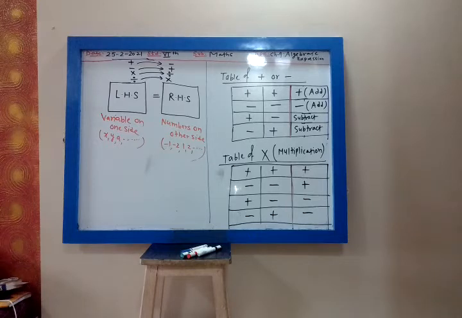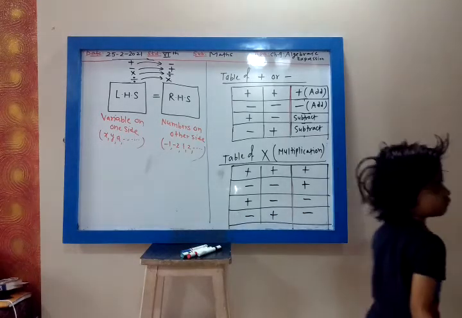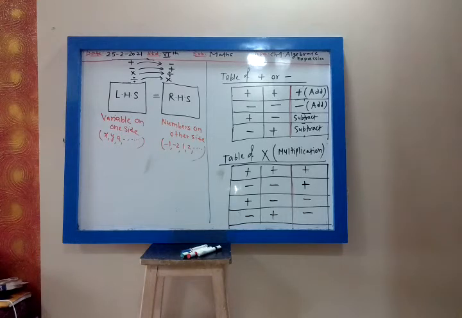To any equation, write on this table, all the three tables, maximum 5 minutes I will give. So to any equation there are two sides, left hand side and right hand side. On left hand side we take all the variables, and on right hand side we take all the numbers together. Then what the rule says, whenever we change the side, whenever, what?